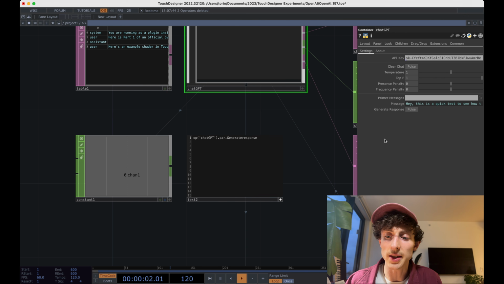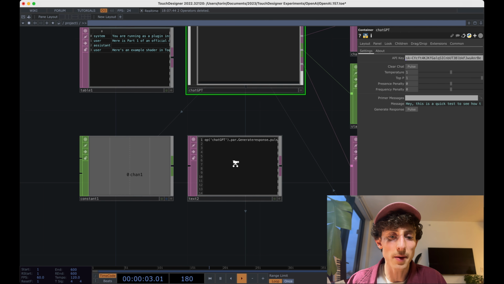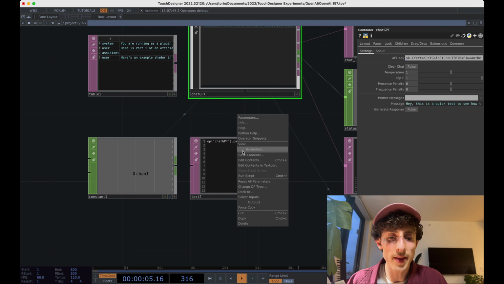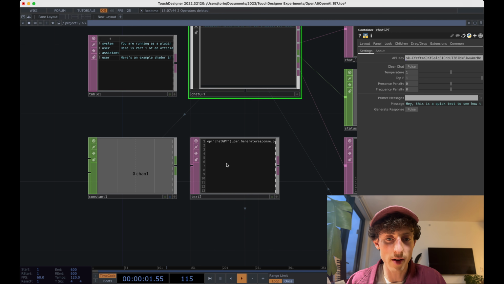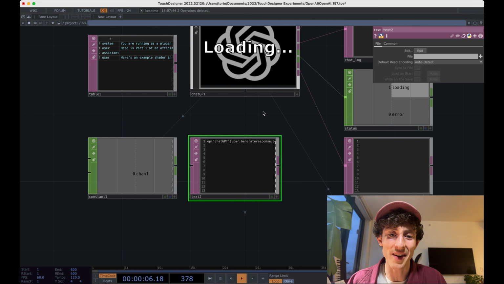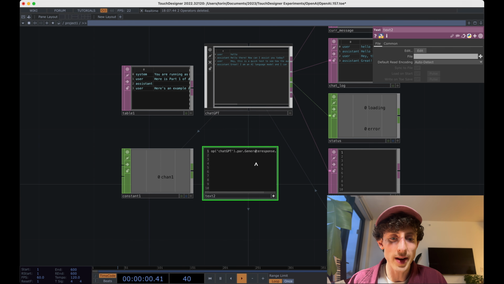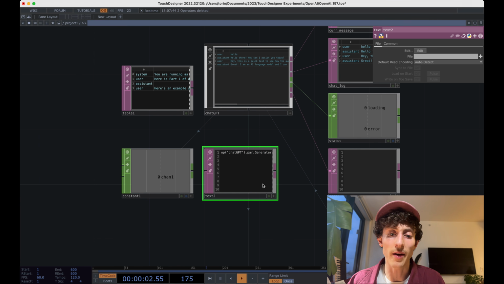The way that we can actually simulate a click on this button is by calling .pulse with parentheses on it. And then we can run this script by right-clicking on this, and then you can either hit run, and also notice that you can hit Command R. So I'm going to do that. I'm going to hit Command R, and you need to be selected on it, and then you'll see it's loading. Okay, great. So let's go ahead and take this Python snippet, and now that we know that works,